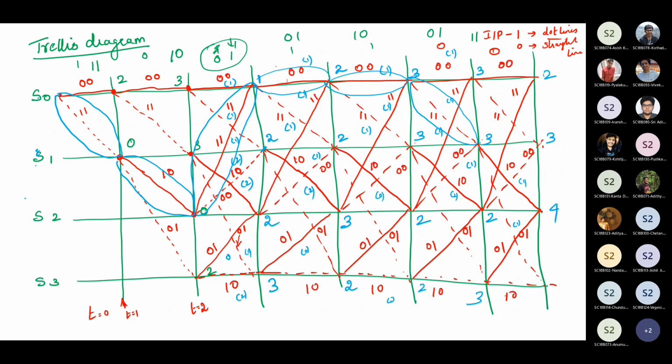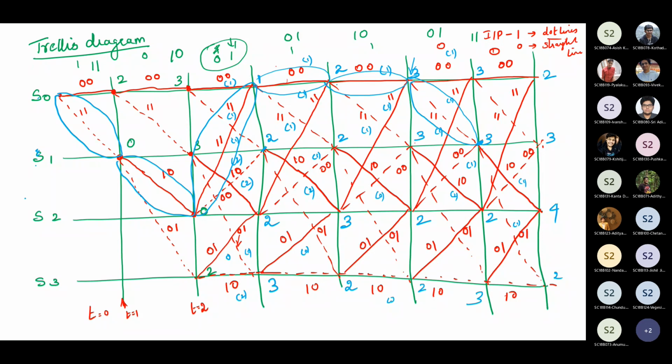Now you see when you pick the lowest one, whether it is 4, for example, let it be 2. So we are starting with 0, we should end also with 0. But when I pick this state, it is going to S2 and the next one it is going to S3. So it means we made a wrong decision of picking the states. So again I am moving back to this point.